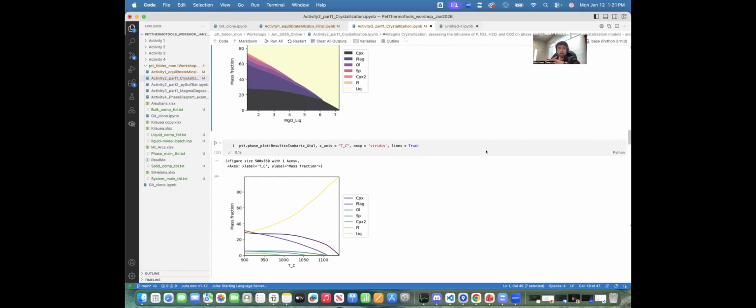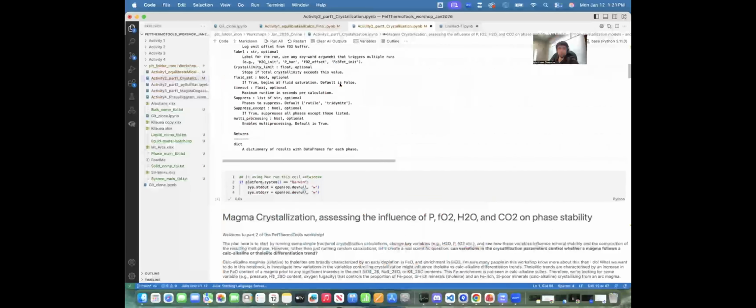Oh, great question. Brad's asked whether the added water can cause it to be above 100% if you start with a nominally anhydrous composition. Yes, this is an important point that Penny and I had many arguments about how best to deal with. Essentially, the composition that you provide will be normalized to a hydrous total of 100 prior to calculation. So if you run not oxygen fugacity, not buffer, it should be 100 grams when you start. The key differences really come from the fact that when you provide water in the system,